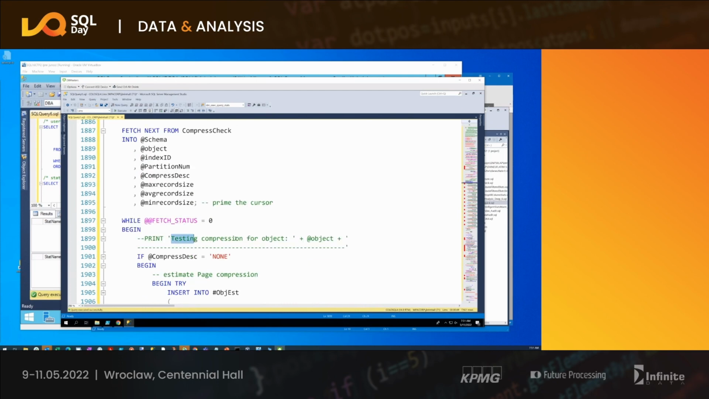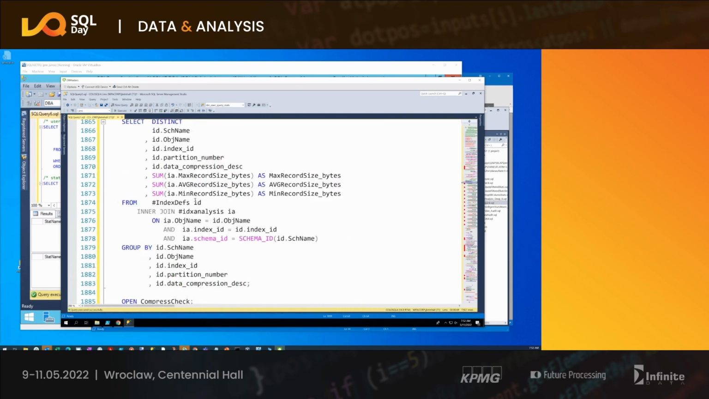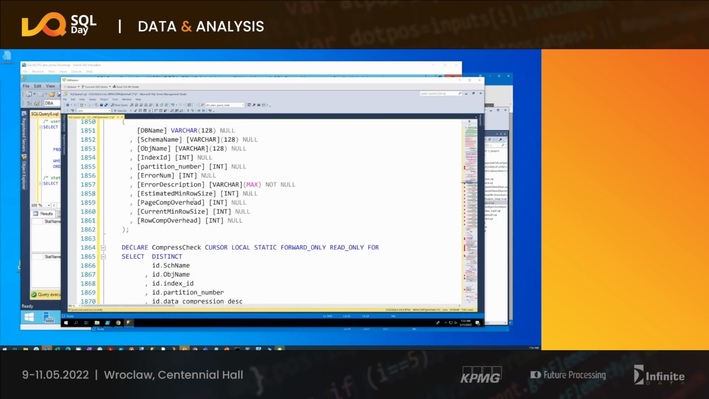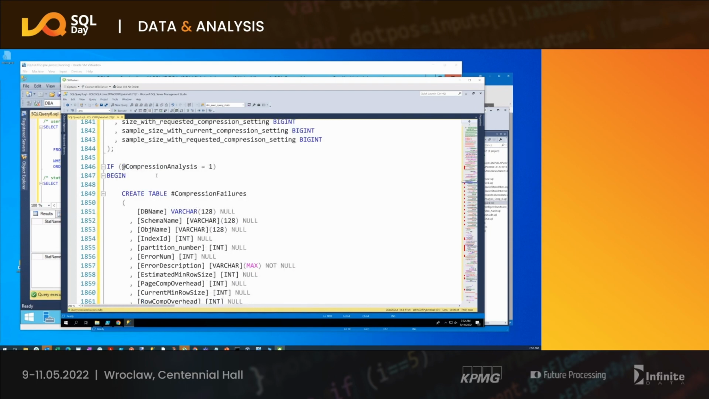I am testing the compression. So I'm doing a compression analysis for every table, as long as I have the parameter set. Why do I have it set that way? Well, it's a very resource intensive operation, and it will take a long time. So inside this if block, I'm telling it if compression analysis equals 1, then we're going to go ahead and